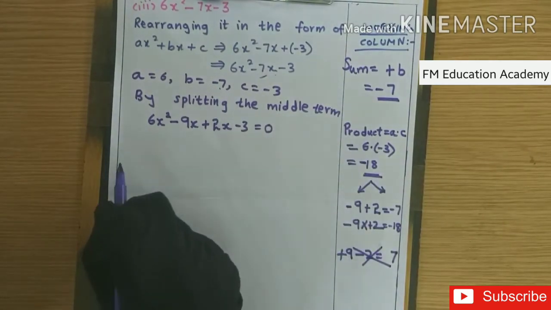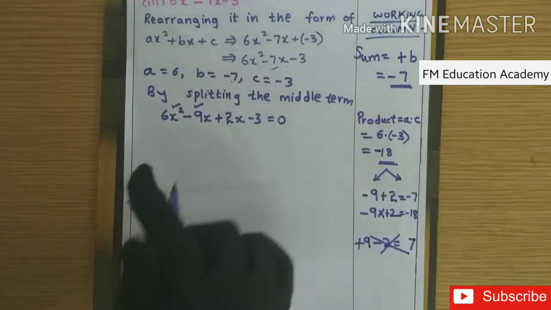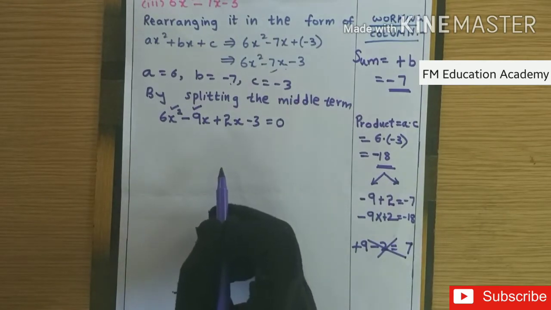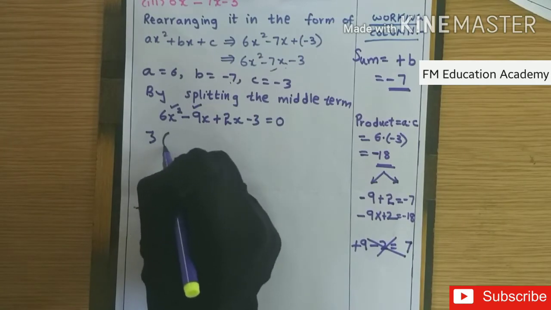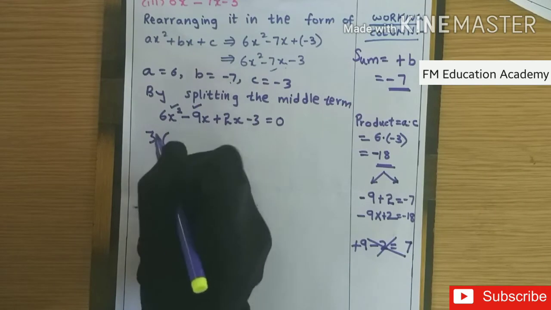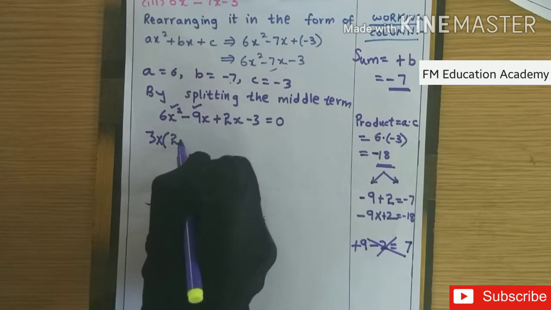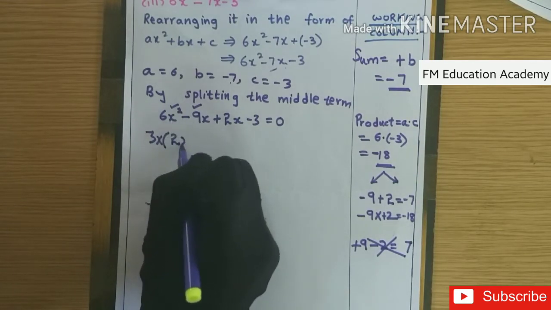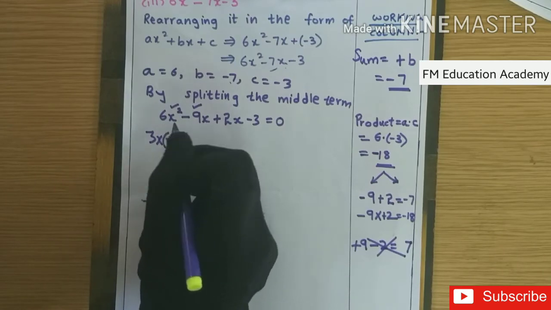Okay, now the next step is that you have to choose what is common between these first. So between 6x square and minus 9x, what is common? I know 3 2s are 6 and also 3 3s are 9. So 3 is common, and also x is common, because x is present in 6x square as well as in minus 9x. Now 3 2s are 6, and if I take 1x common, what is left here? 1x term is left, so 2x. So 3 2s are 6 and x into x is x square. So 6x square I got.